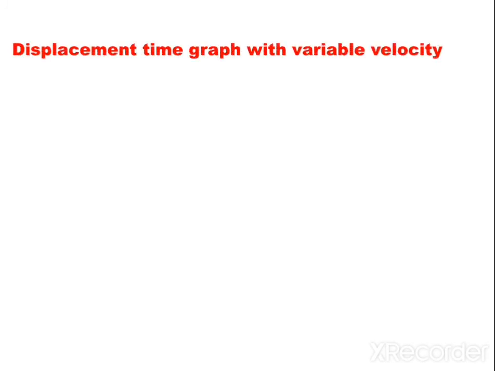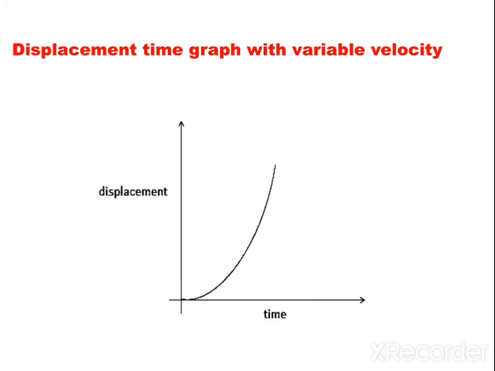The next one is displacement time graph with variable velocity. You can see a displacement time graph for a variable velocity. As the velocity is changing, because body is covering unequal distances in unequal intervals of time, therefore the graph will be always a curved line graph. Okay,